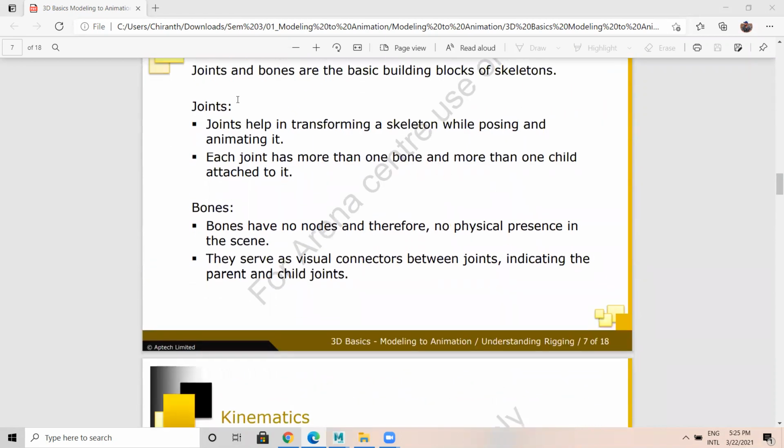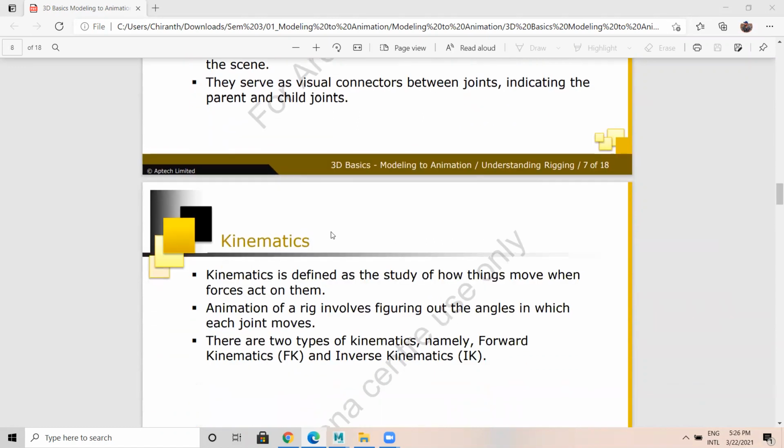Normally when we create hierarchies with joints, automatically that's considered as bone only, whereas that won't be visible physically. But when we work with nodes, you can see that in the node editor. We can see that later.